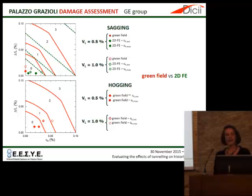The only case in which we end up in zone 1 or 2 is in hogging, so towards the center of the building, in greenfield condition, and when we're using the maximum tensile strain rather than the average tensile strain. The 2D finite element analysis did not predict any hogging, so we cannot look at the hogging damage. We can only look at the sagging damage, but all the points are well within zone 0, so there is